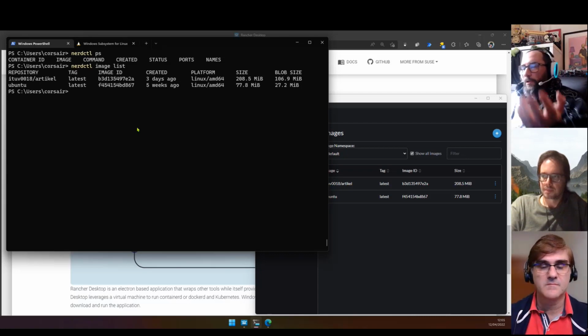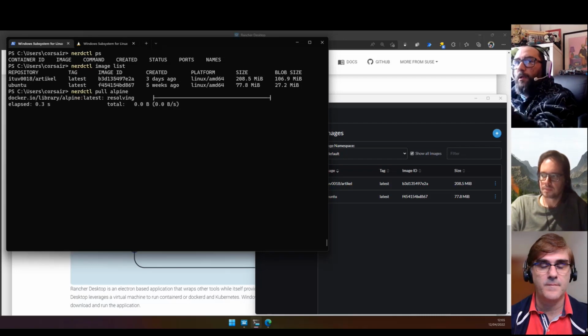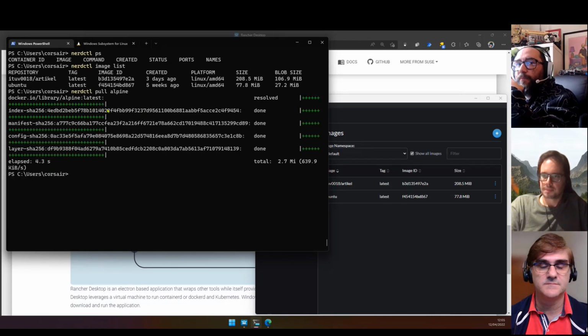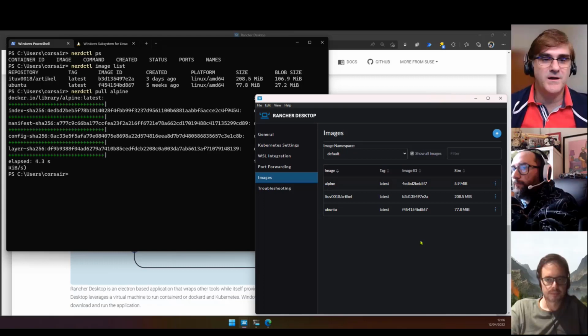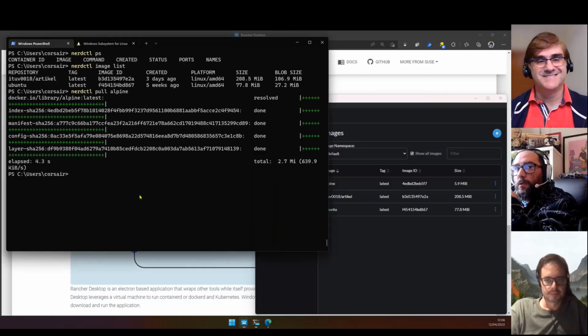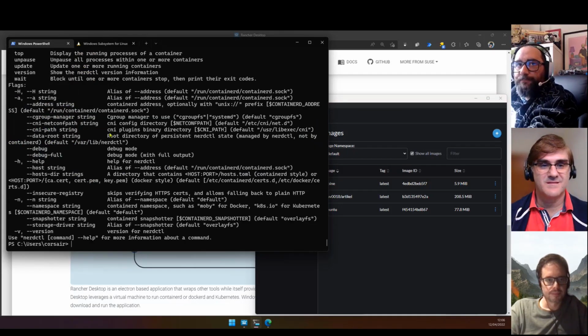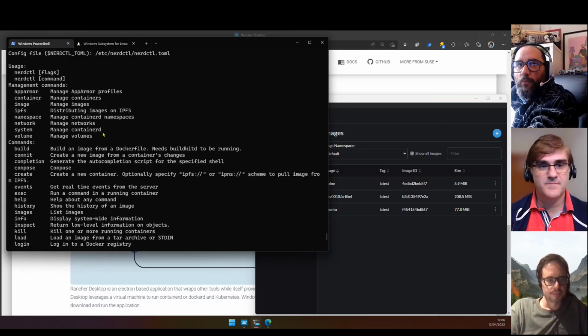Okay, so here I just want to quickly do something. If I pull Alpine, for example, it will pull the Alpine image, and here we can see Alpine is here. And from here, Compose is still there. So if I just run nerdctl, then nerdctl, sorry. We have like